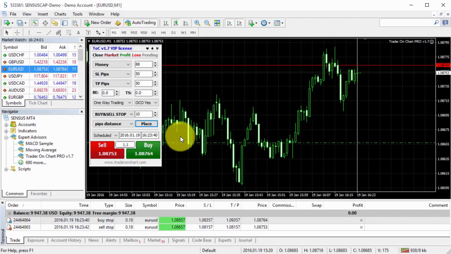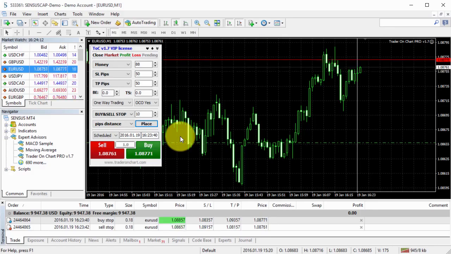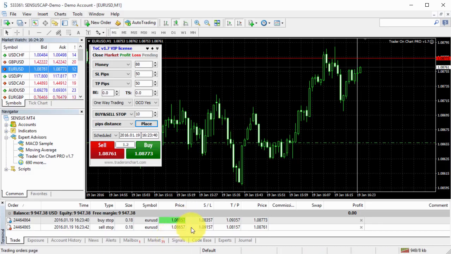The important thing is that when the time gets to your scheduled time, the order will get placed, and the current price at that very same moment will be used in all the calculations for the position size, for the distances, and so on. So right now we got 2 orders placed,